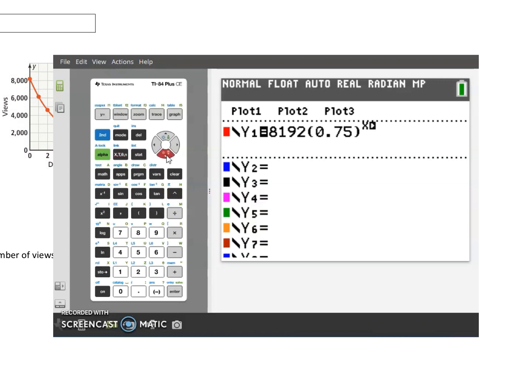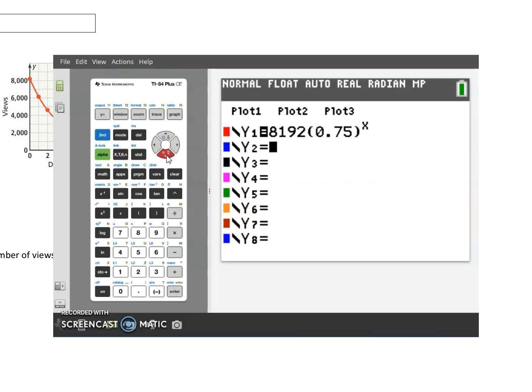I'm going to arrow down because I want to see where the intersection is between that exponential model. That's a decay model. See, our b value is between 0 and 1. All right, and then we want to know when Amelia is getting less than 1,000 views per day. So I'm going to type these in. I'm going to hit graph,